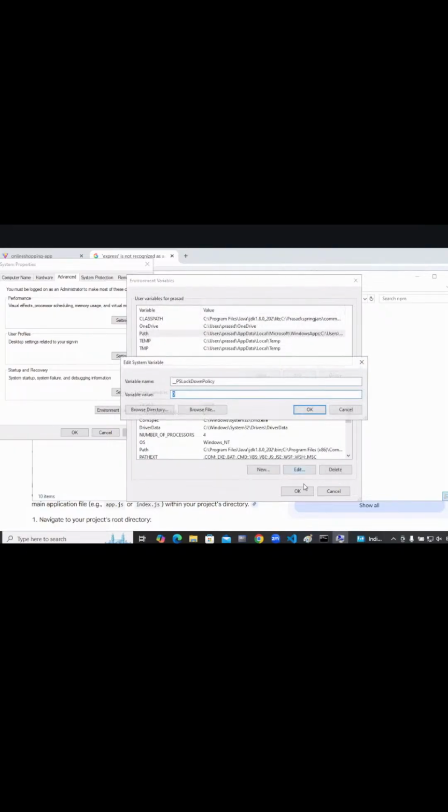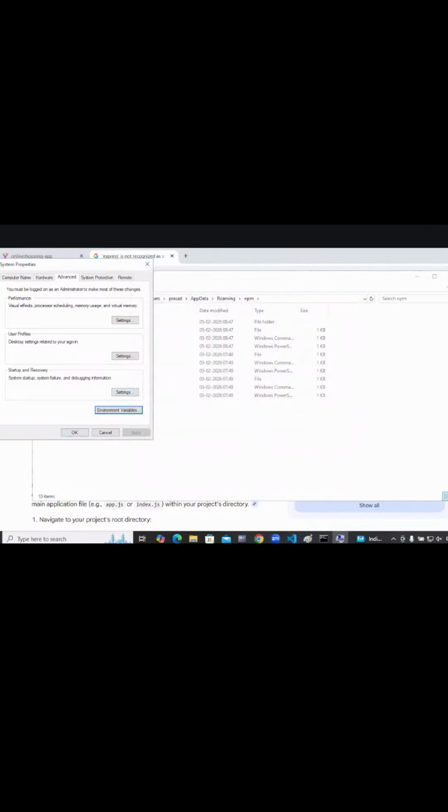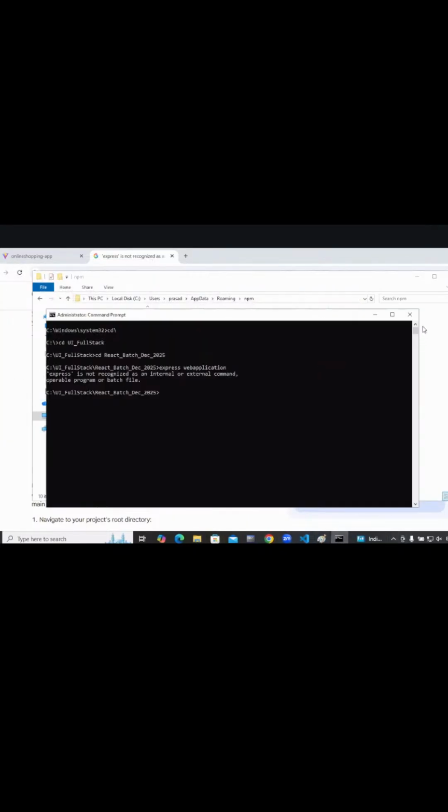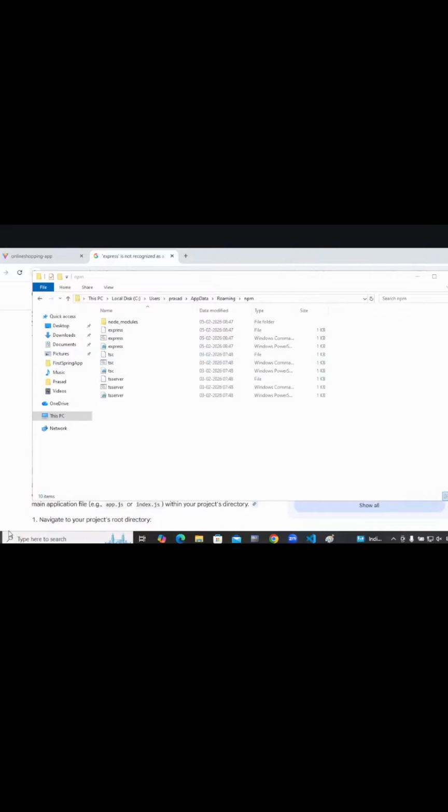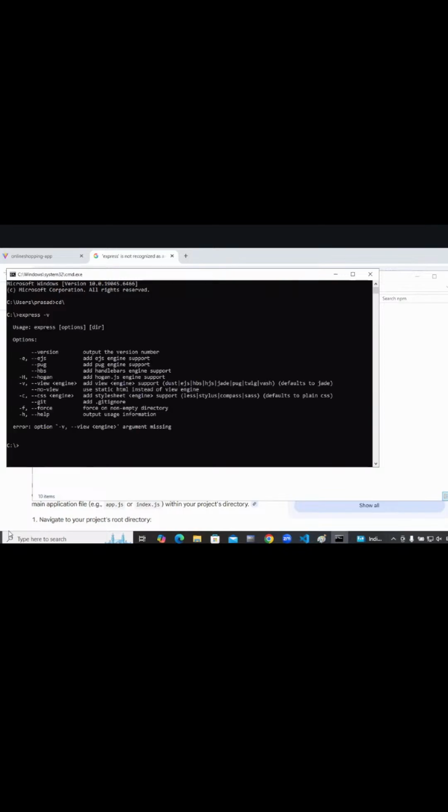Okay, let us see this. Yeah, now it's working. It's the environmental variable that was missing.